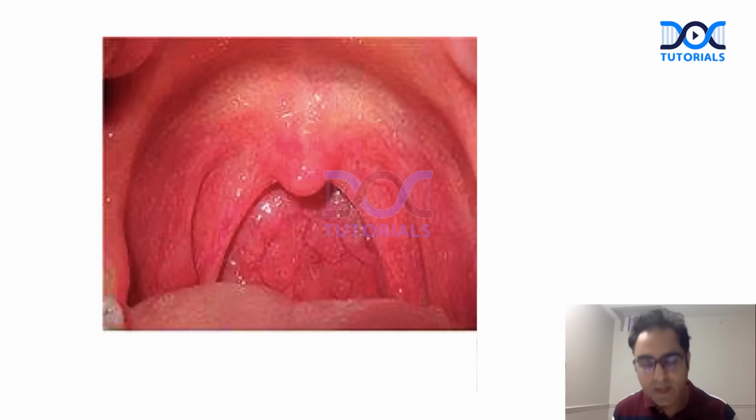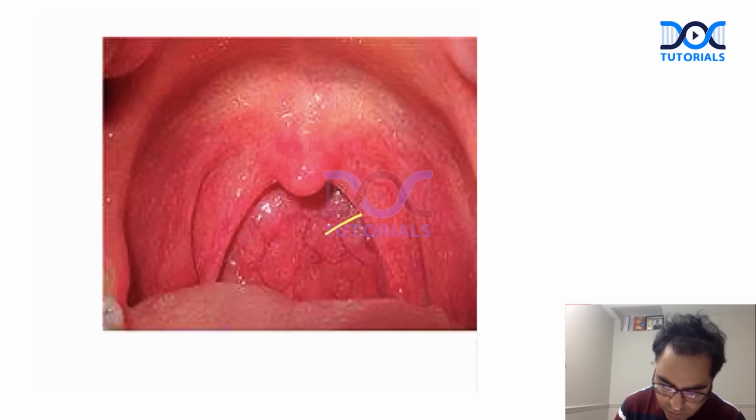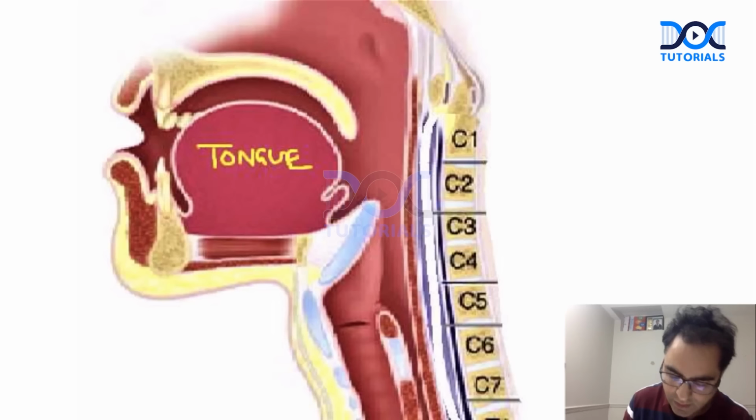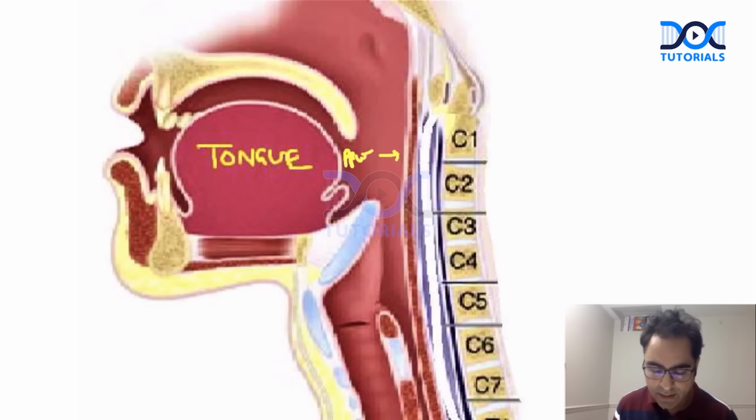Now this is your oropharyngeal area, and this is called the posterior pharyngeal wall. Right behind this wall is a space called the retropharyngeal space, and right behind that is the prevertebral space, and right behind that is the vertebra. In the retropharyngeal space we have some lymph nodes, called retropharyngeal lymph nodes. By chance, if an abscess forms, pus forms, or infection happens in the retropharyngeal lymph node,